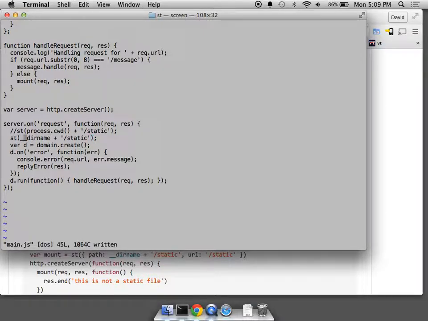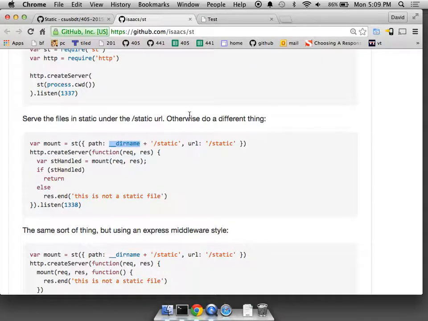This underscore dirname, I think that's a variable name that Node gives us. It's like their current working directory. I think that's the case. We can test that. And then, but we don't need this. We're not sending in these requests like this. So that's